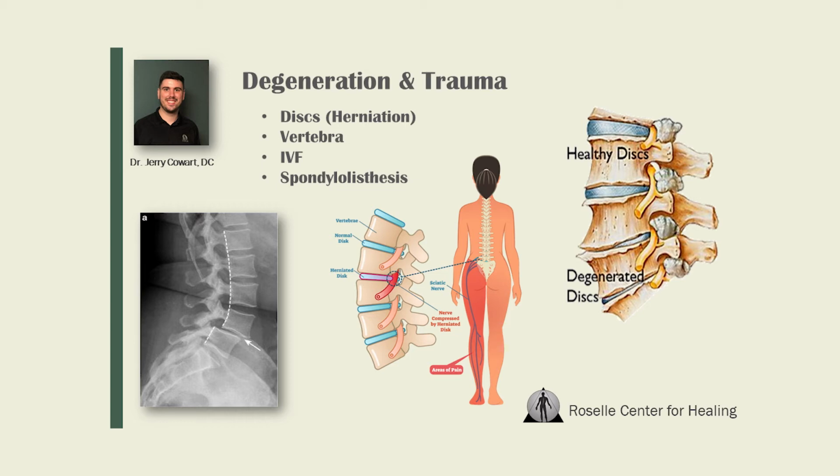So the outer portion of the disc is like that more firm donut part. And then the inner part of the disc is really like a fluid that's very similar to toothpaste. It acts like the jelly in that jelly-filled donut. So if you were to squish that donut, so to speak, you would get all that jelly gushing out of the side of that disc, right?